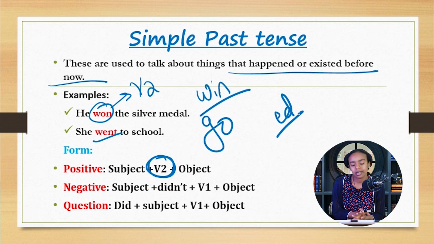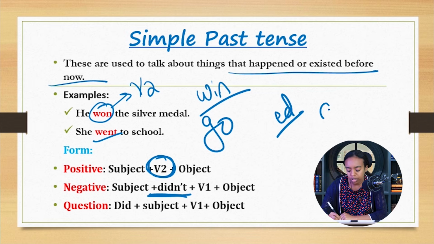እነዚህን ቨርቦች verb 2ቸውን ስሪያቸውን በደንብ ማወቅ አለብን። ያለበለዚያ past tense anything that's related to the past form ማድረግ አንችልም ማለት ነው። ኔጌቲቭ ፎርም ስናደርግ ግን እዚህ ጋር እንደምታዩት there is a new helping verb. didn't የሚል አዲስ helping verb አለ።